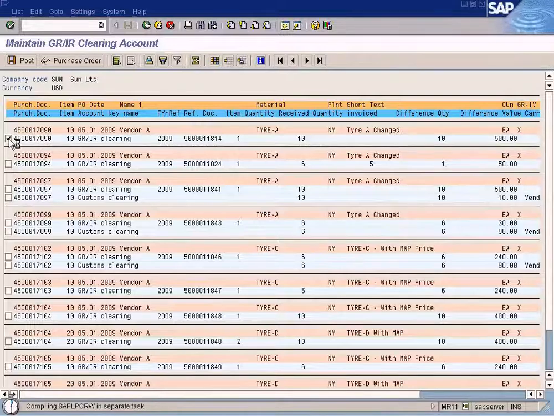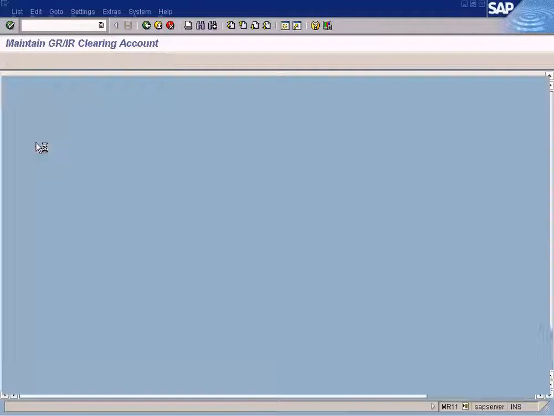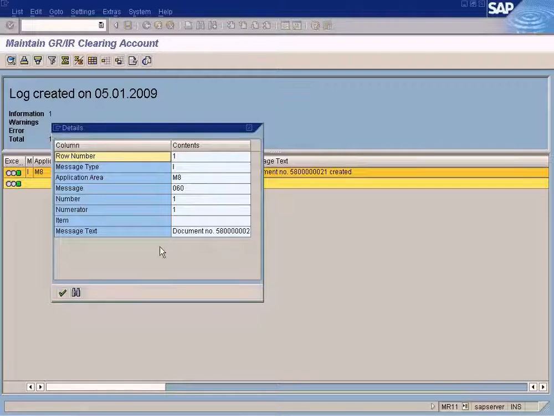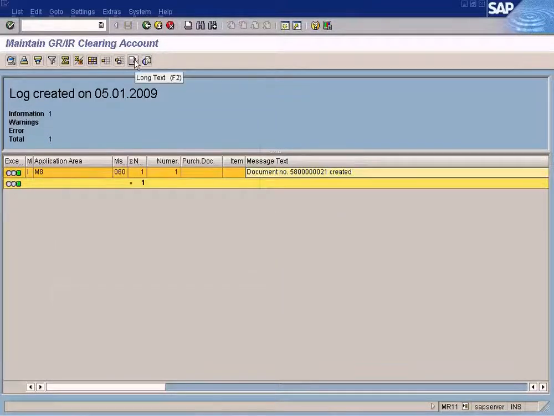Let us see what will happen when we post it. I've selected here, so I'm not going to select all the records. I'm going to post only one. So it is posted. Document 21 is created. So let me zoom into this document. See, okay, I can't see the